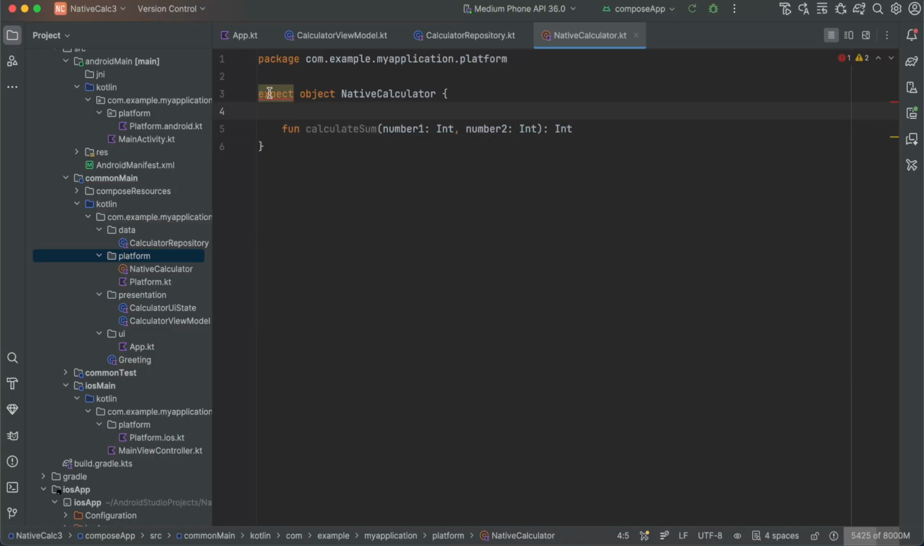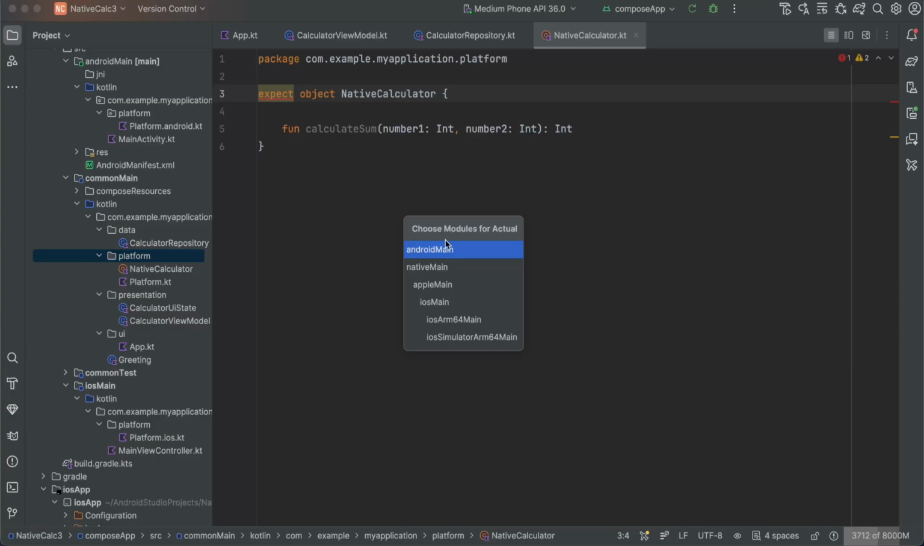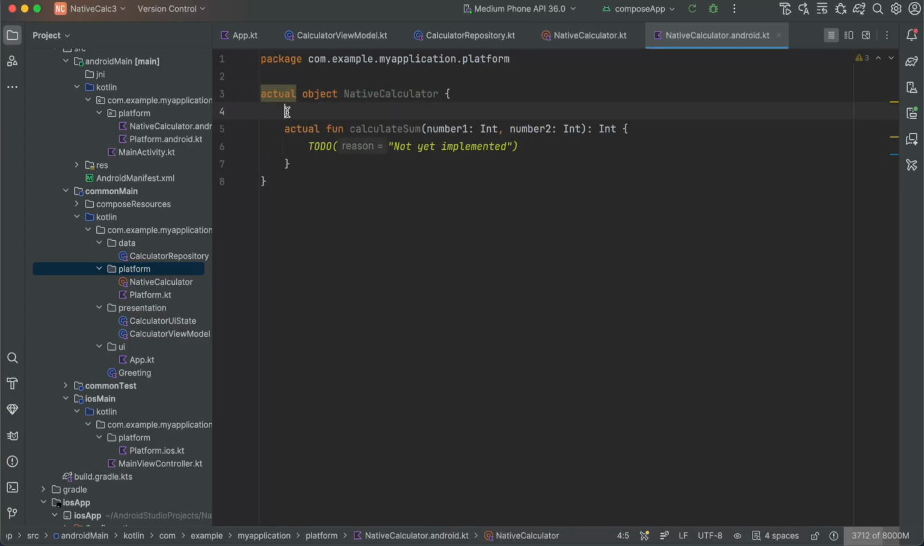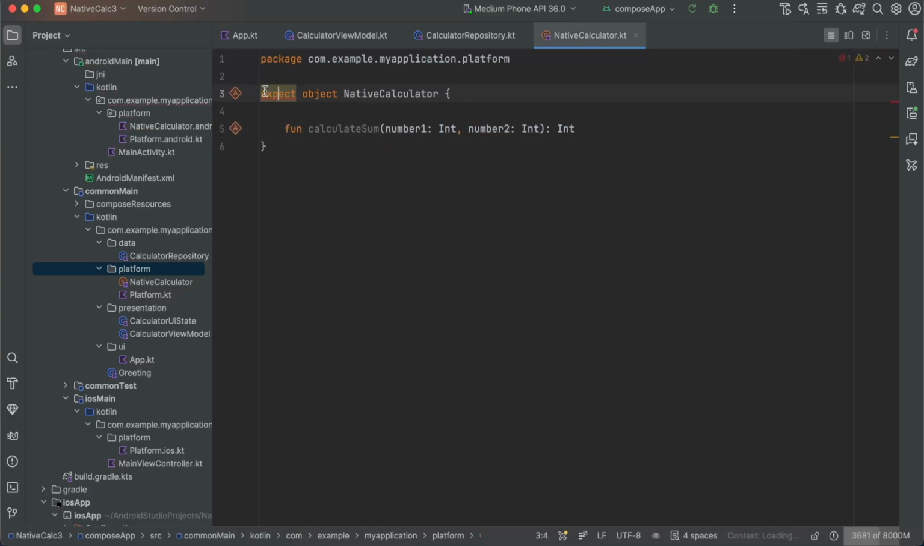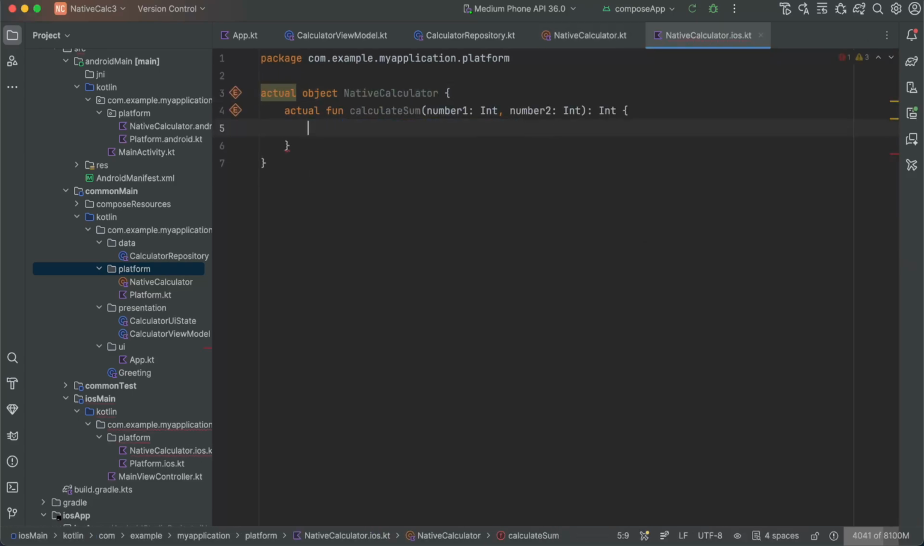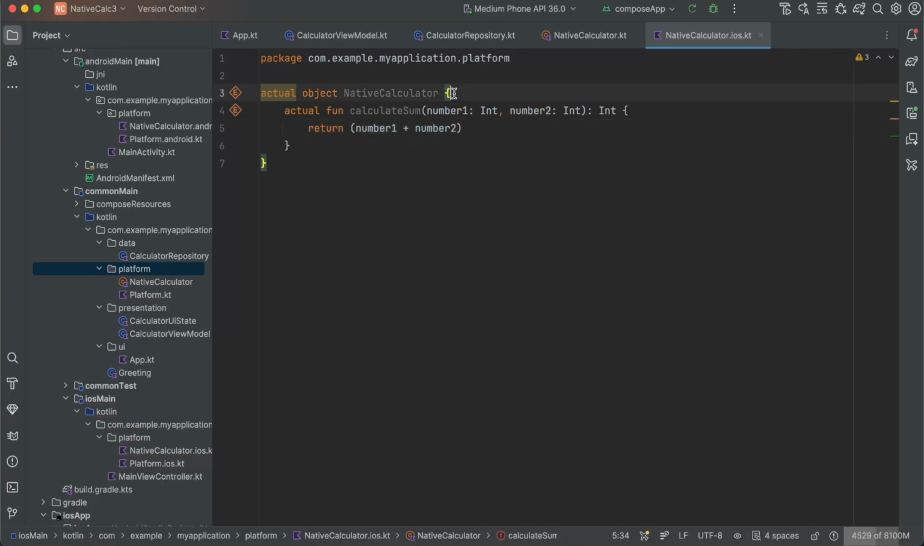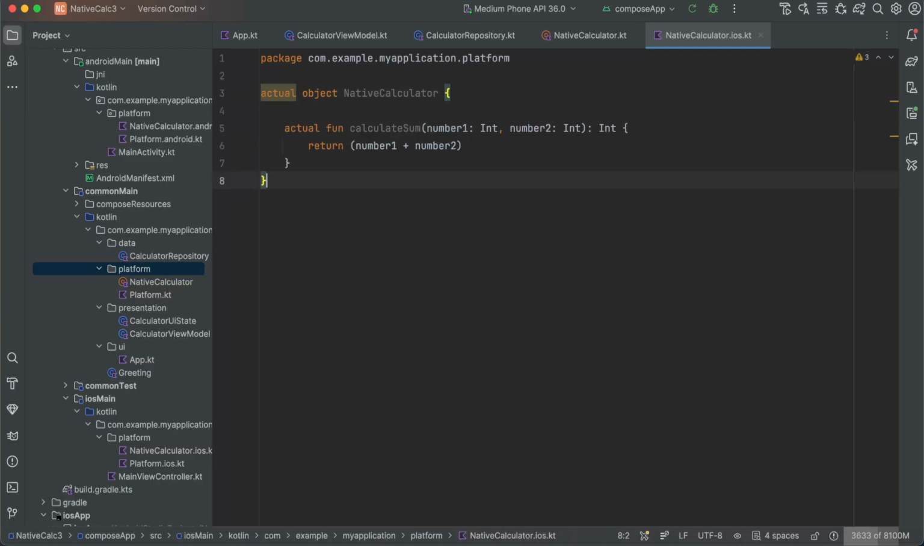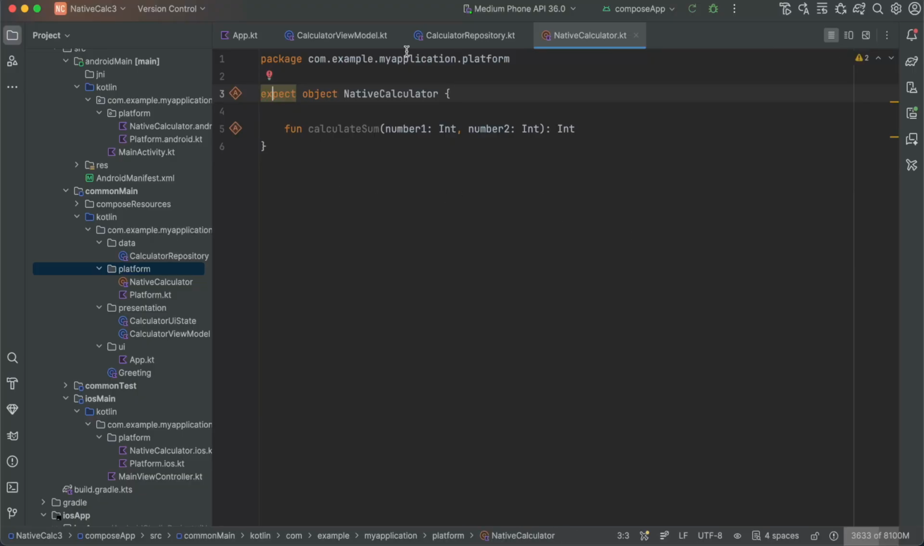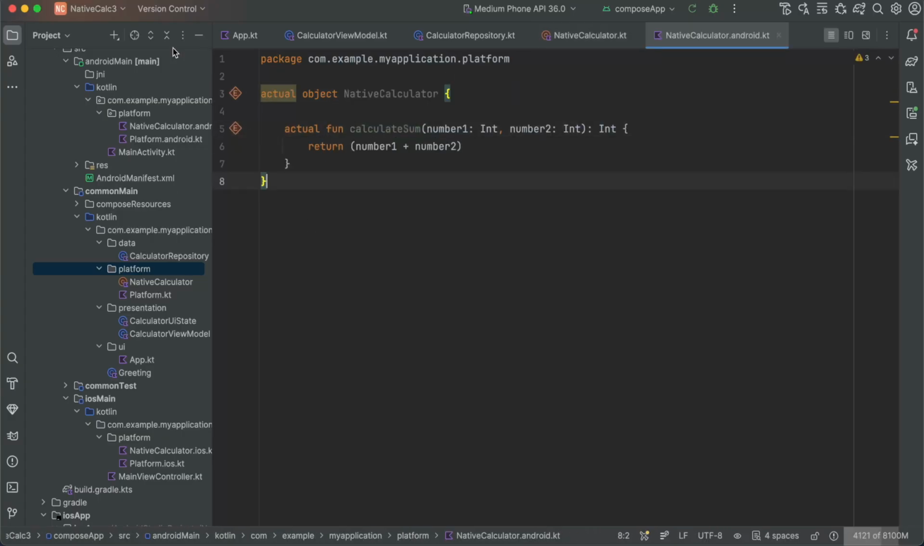Okay, so you can see it shows red, and if we click on it, it suggests we create the missing actuals. Let's create one for Android first. And for now, we will return just the sum of number1 and number2. And let's create one for iOS. The same here, number1 plus number2. iOS integration we will not cover in this video, it will be the next one. Let's go back to the implementation for Android,